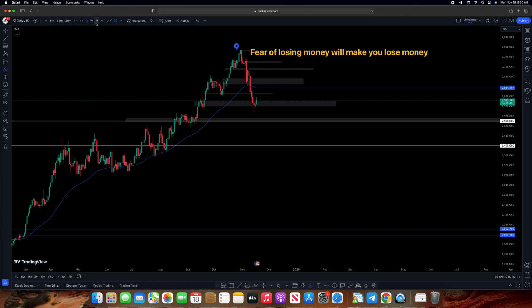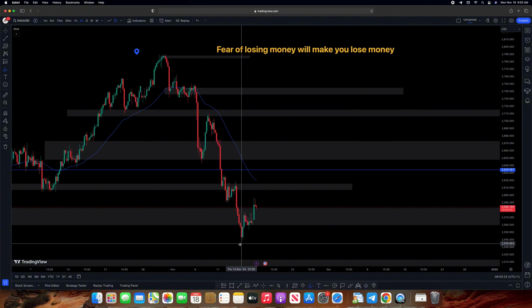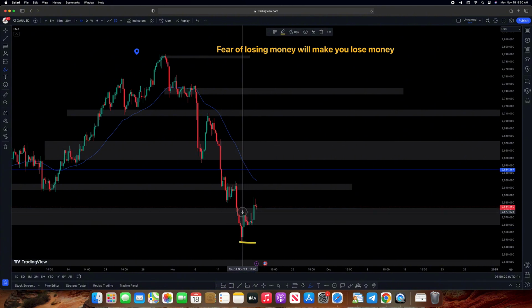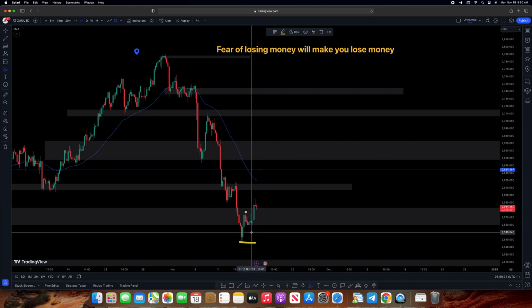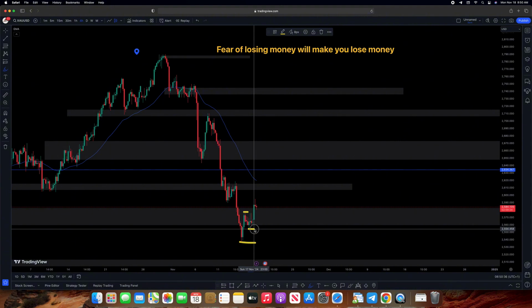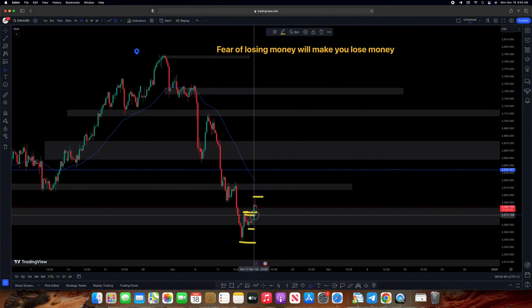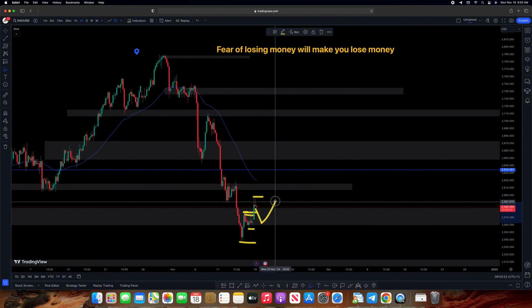So on a smaller time frame, which is the 4 hours, already you see what it did. This is the lower low and this is the higher low, and this was the higher high before you take it out, and this is the higher low. Now this is the new higher high. So it broke this high, which is the resistance. Then I'm thinking that we come back to close this gap here and continue buying.